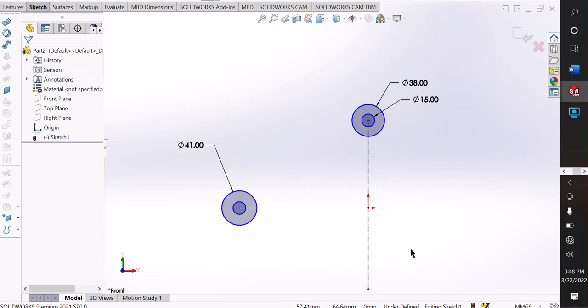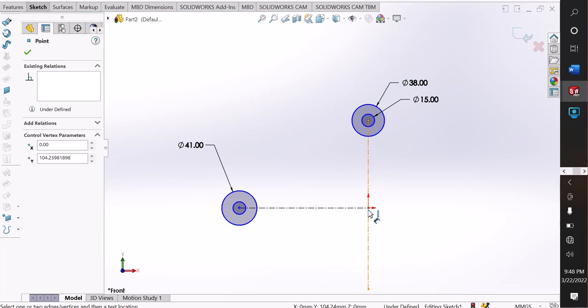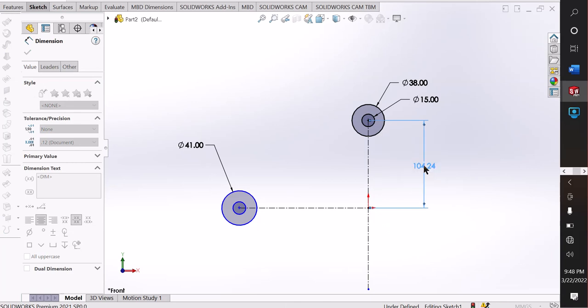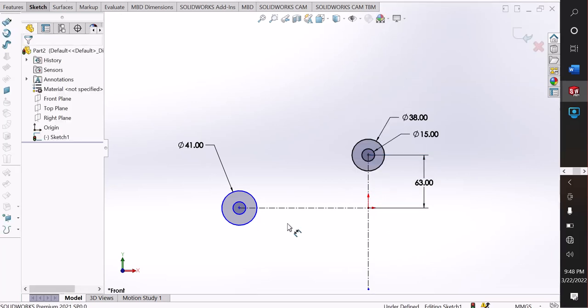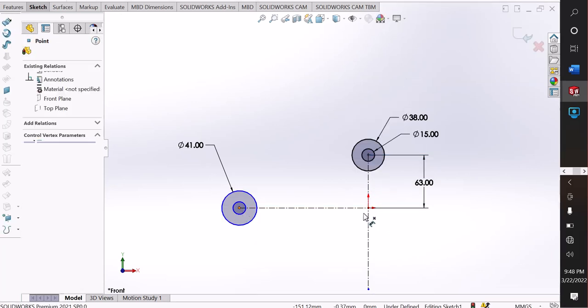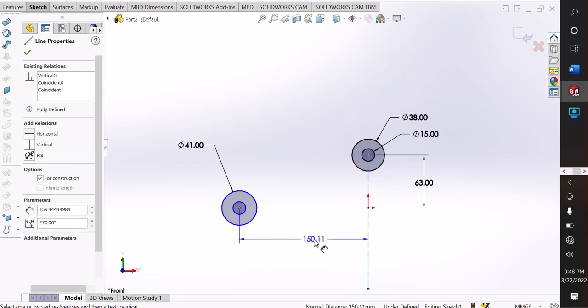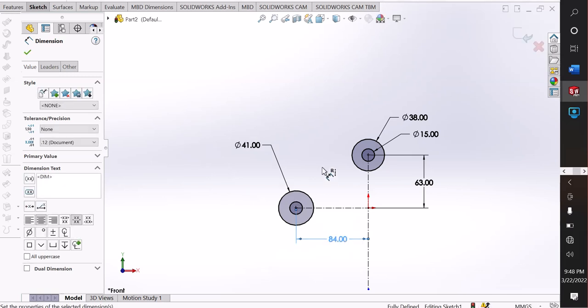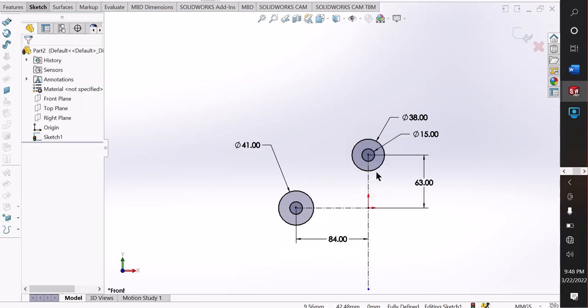Then give the distance from center line. First vertical distance, click this point to origin point. Here distance 63 millimeter. Okay, and horizontal distance 84 millimeter. Okay,